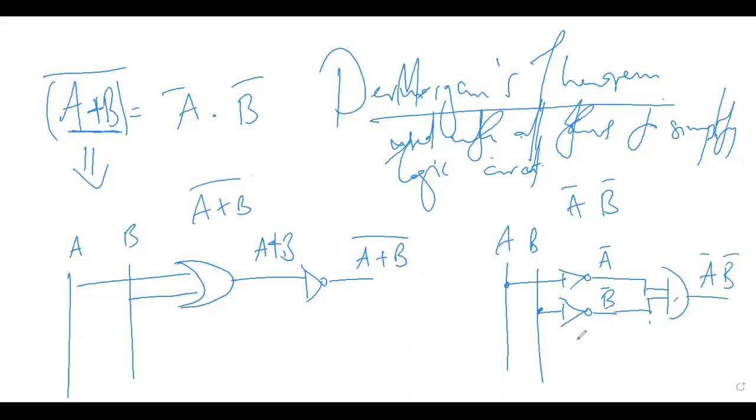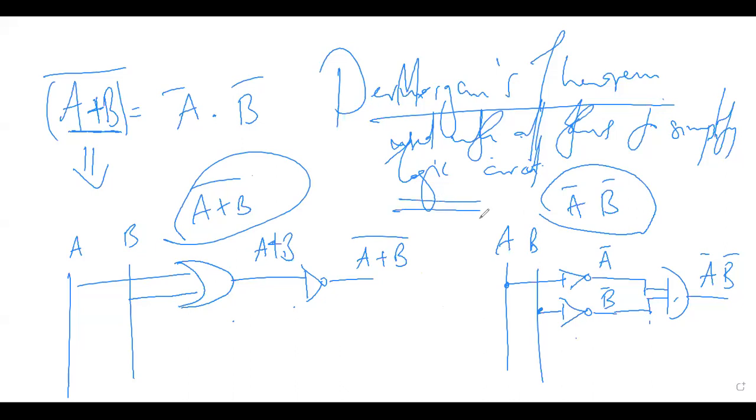How many gates do we have here? 1, 2, 3. Here we have 1, 2. The whole purpose of these laws is to simplify the circuit, to minimize the number of logic gates we use in a circuit. So, for example, in this case, A plus B bar is the same as A bar, B bar. Two solutions. But if I count the gates, 1, 2, 3, and 1, 2,